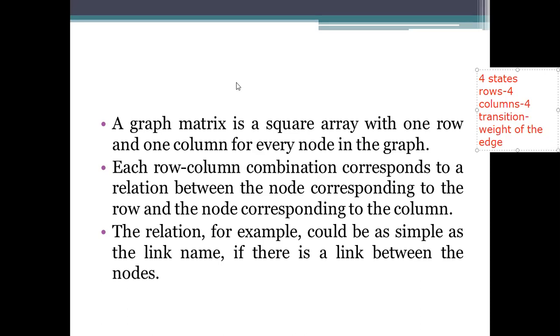consider we have four such nodes only. In the state graph, we will name the states as numericals and the weights as alphabets.